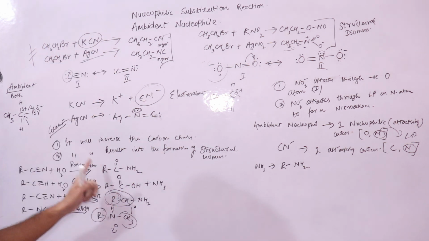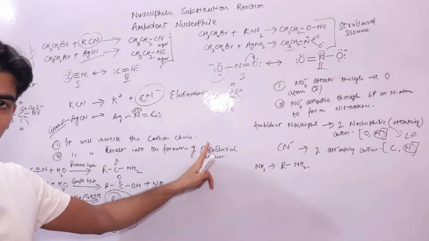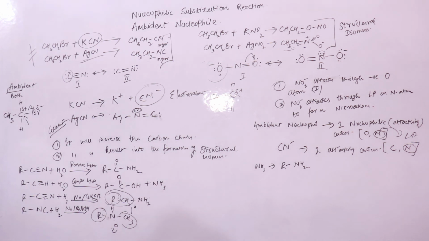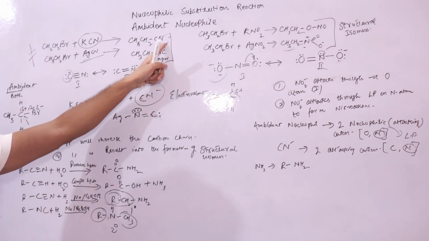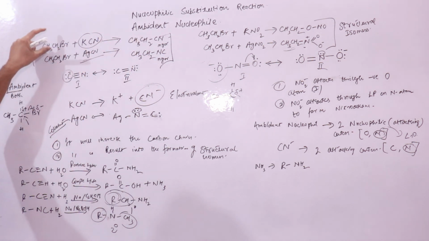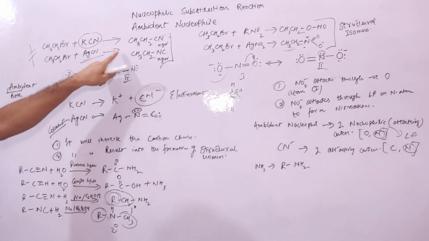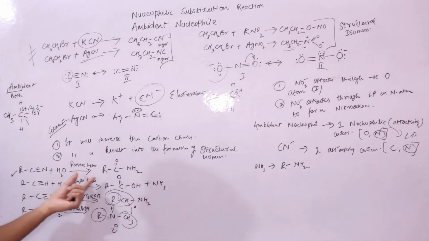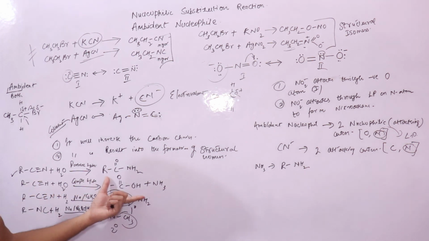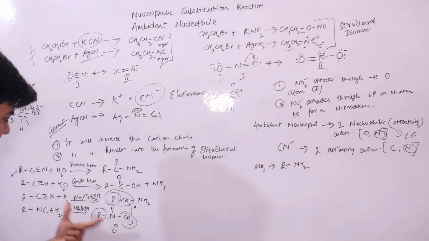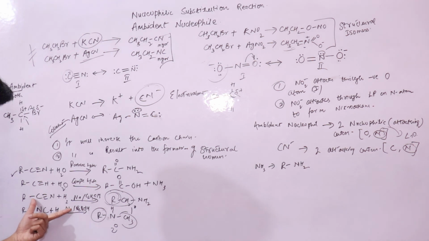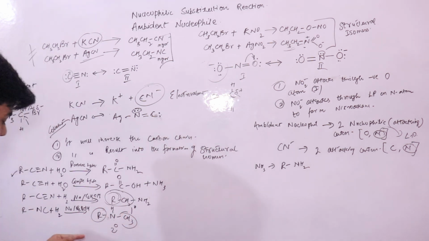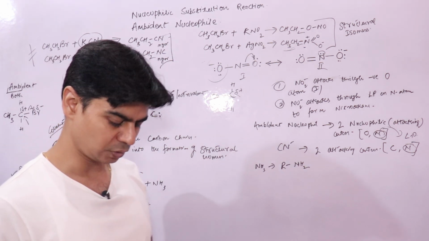And these reactions are a way to elongate or increase the number of carbon atoms in the carbon chain. These nucleophilic substitution reactions are important because where you have a cyanide group, they can form different products. On hydrolysis, partial hydrolysis will give you an amide, complete hydrolysis will give you a carboxylic acid. Reduction of cyanides will result in 1 degree amines, and reduction of isocyanides will result in 2 degree amines. I hope this is clear. Thanks.